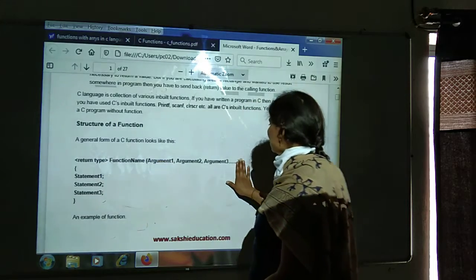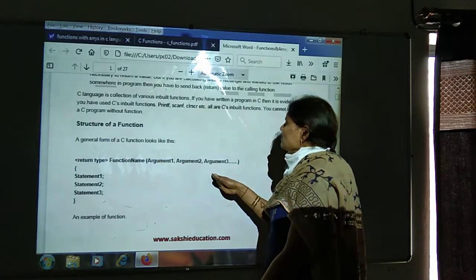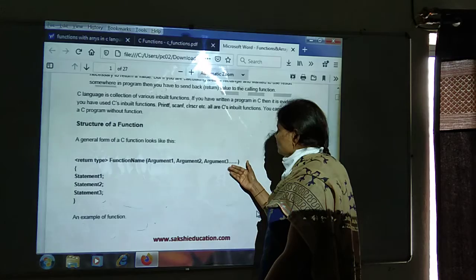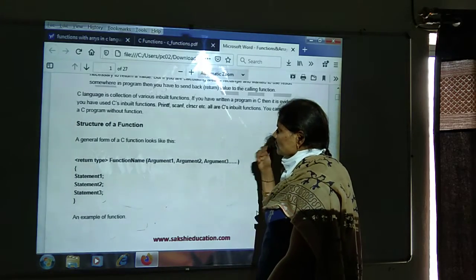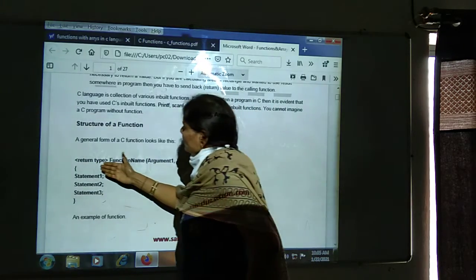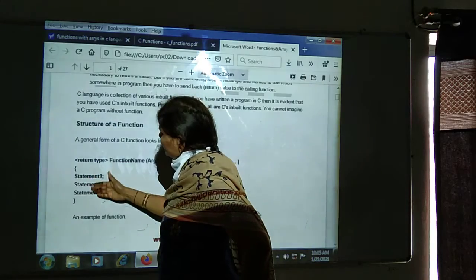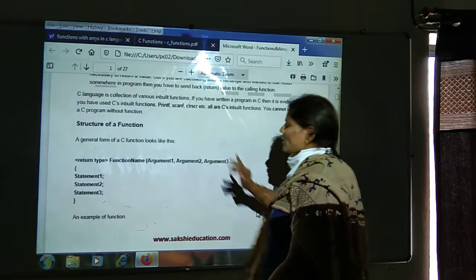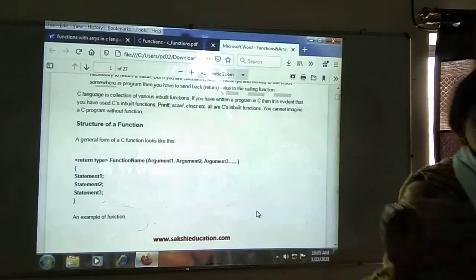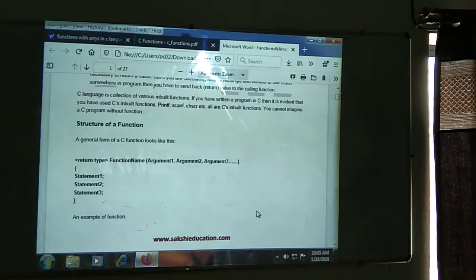Then we are going to be passing the parameters. Parameters are nothing but the arguments list. Whatever integers we are going to be using, that list we need to specify here, and within the curly braces we are going to be writing the statements related to the function body. This is the simple structure of the C function.